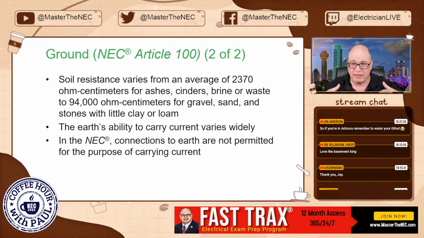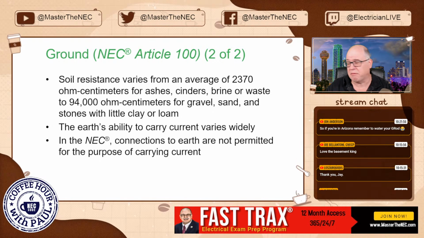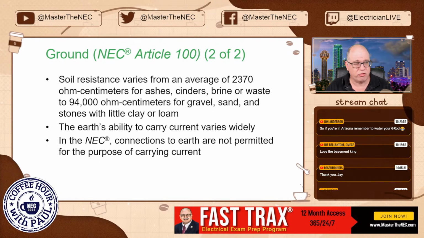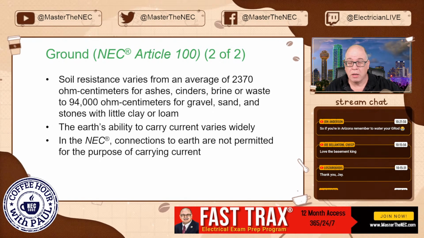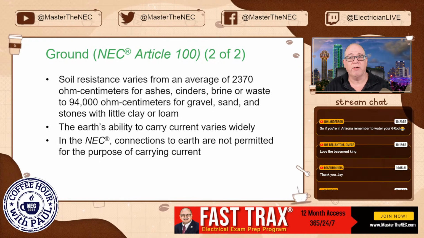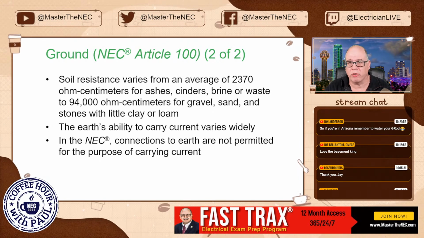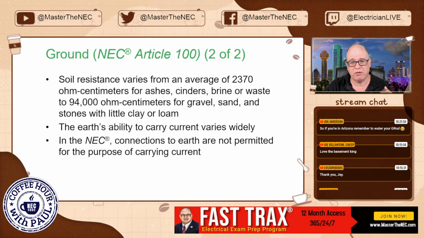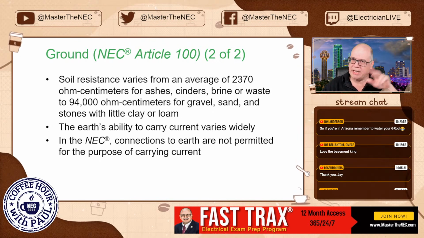Never, ever, if you're in an installation or you talk to an apprentice and they go, well, we'll just drive a ground rod over here because we didn't run an equipment ground. The first thing you should say is no, but it should be hell no, because you can never use the earth as a return path for what we do as electricians, ever. The resistance is too high and it's unknown. So we can't do that, all right? But we'll get into that, don't worry.